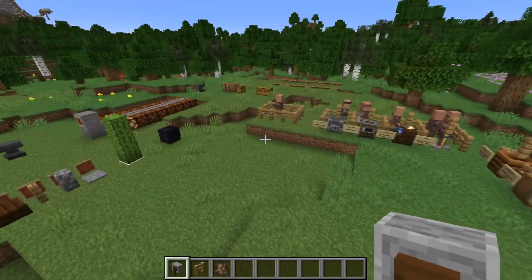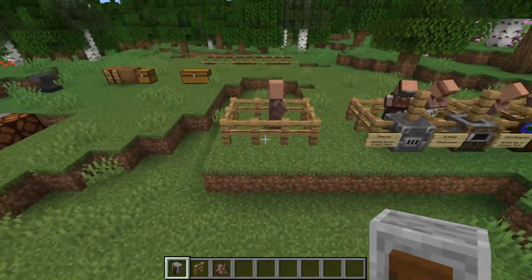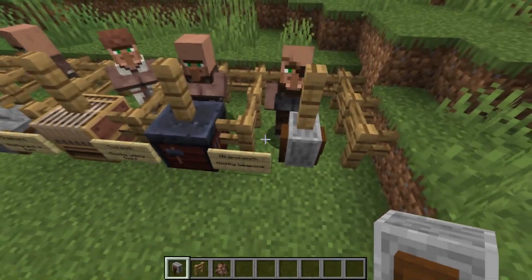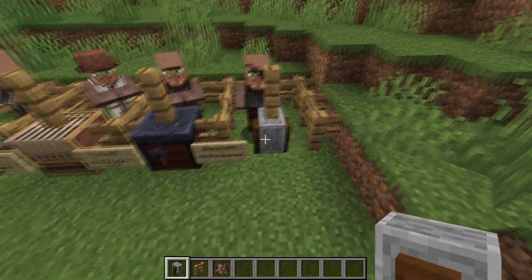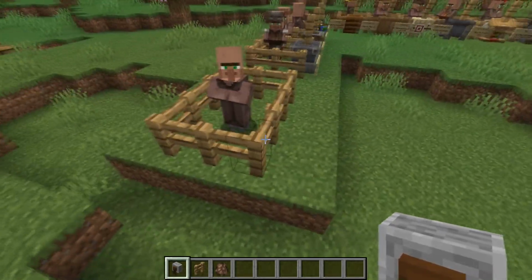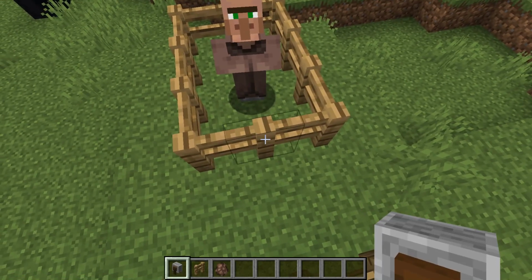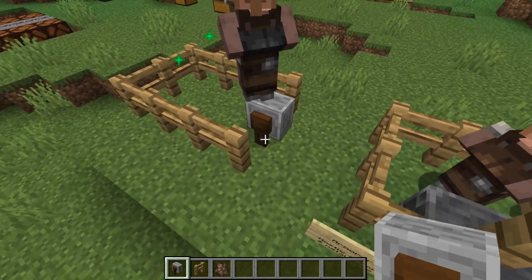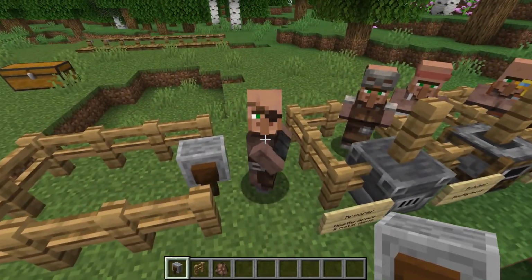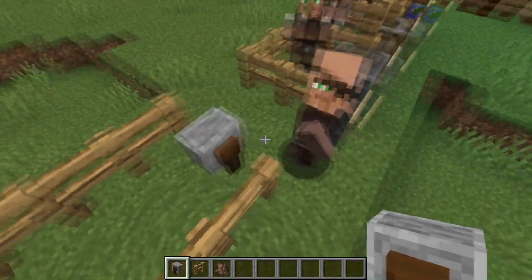Alright everyone, I'm now also just going to do a quick conversion so you can see it actually working. So in this particular case, I want to get a weaponsmith right here. And in order to do that, I need to use a grindstone as the job site block. So what I'm going to do here is I'm going to try and place this grindstone in a place where he won't just run away, like so. And as you can see, using a grindstone, we now have a weaponsmith villager